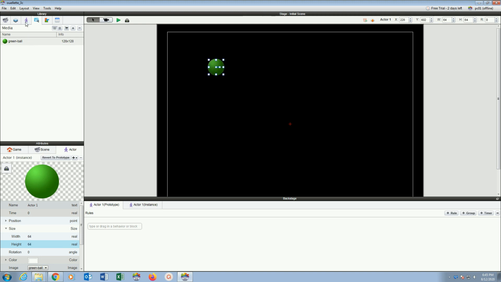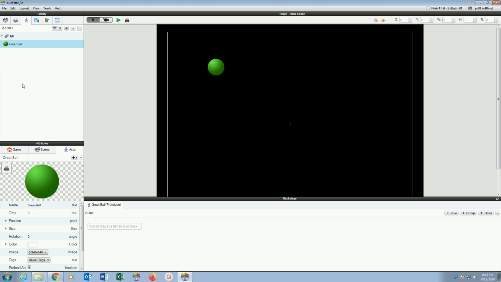Now if I go over to my actors now, you will see that an actor got generated. So I'm just going to rename that actor. I will call it green ball as well. I'll just use one word though with camel case. There we go, greenBall. So I do need to make a second actor. I'm just going to leave greenBall as is for now, but I do need to make the little bricks,